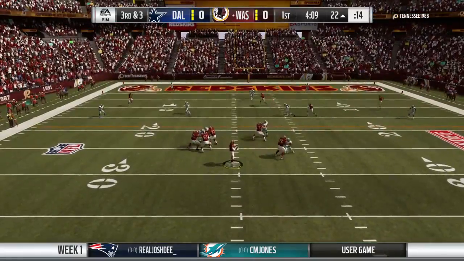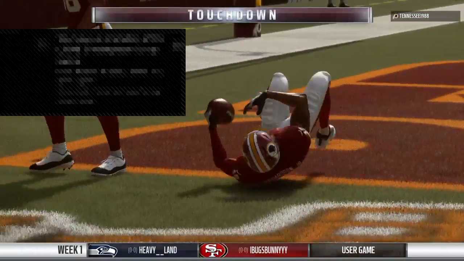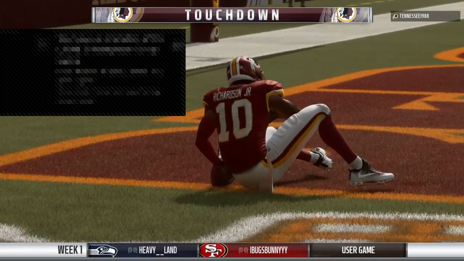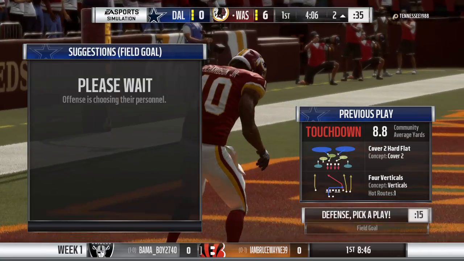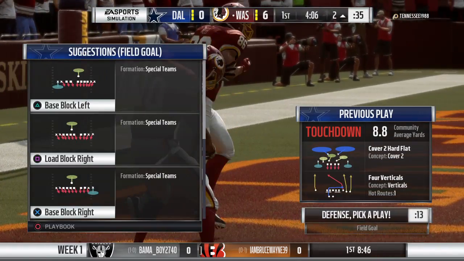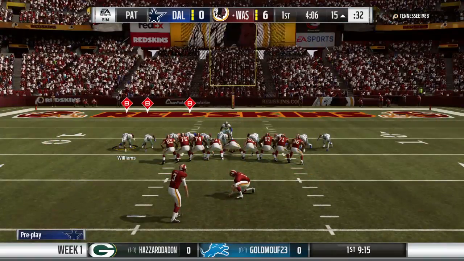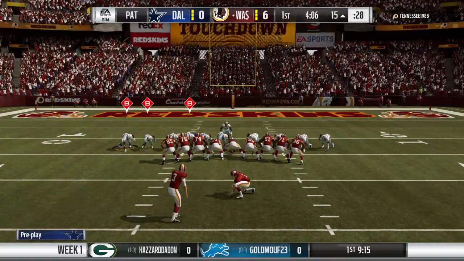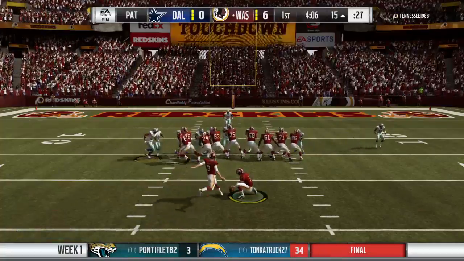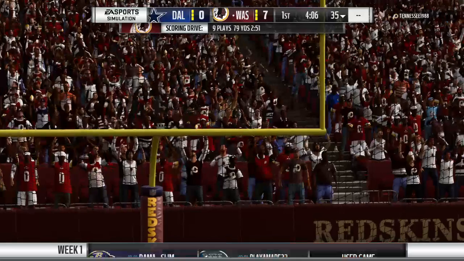From the gun, here's Smith. And that is caught. Touchdown, Washington. Paul Richardson, his first touchdown in a Washington uniform. And the Redskins take the ball down the field and score on their opening drive. Extra point good by...